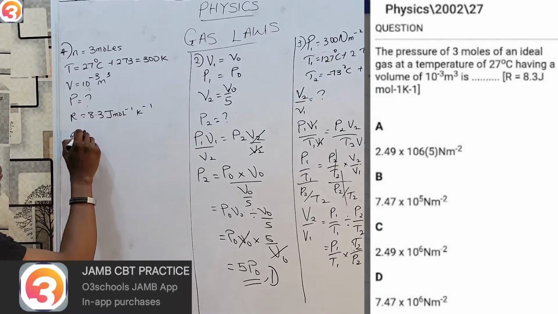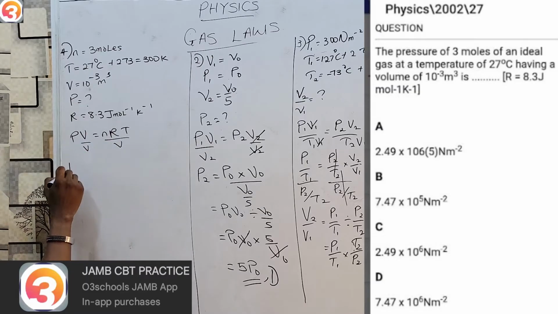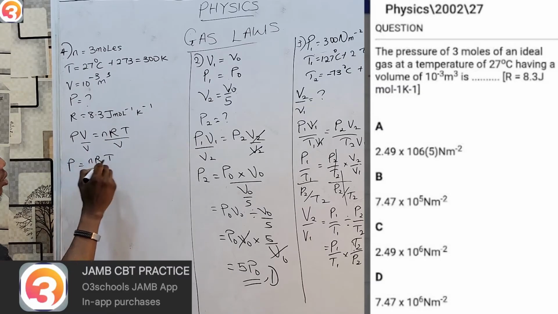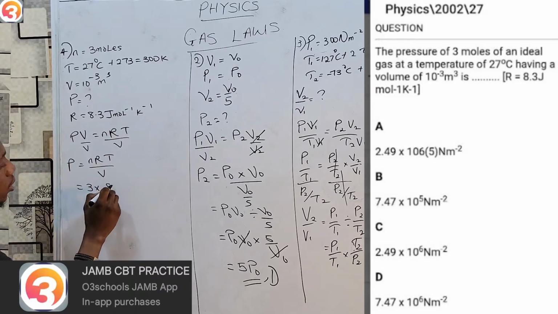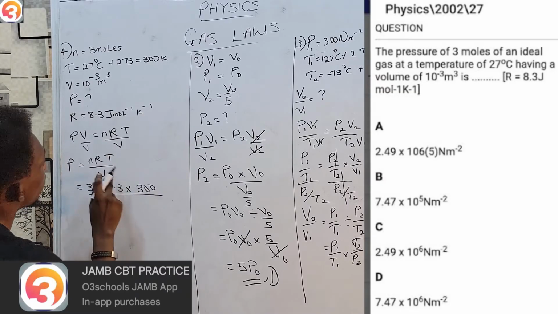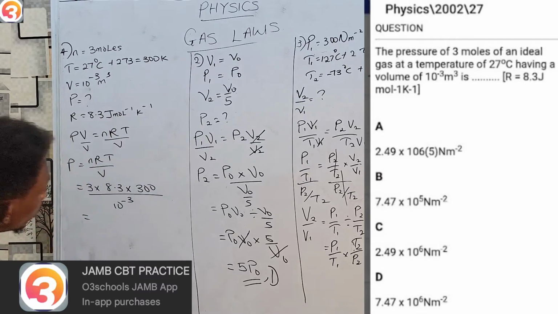So PV equals nRT. I want to find P, so divide over V on both sides. P equals nRT over V. n is 3, R is 8.3, and T is 300, over V, which is 10 raised to the power minus 3. So let's open our calculator and do the initial multiplication, the numerator. That's 3 times 8.3 times 300. That'll give you